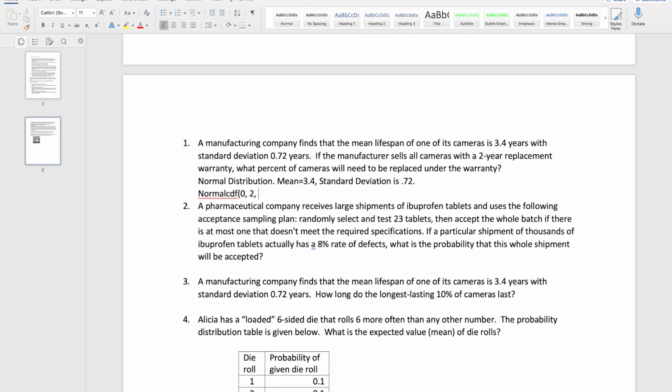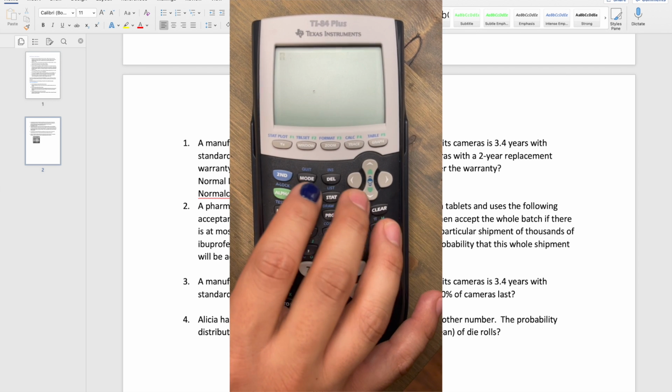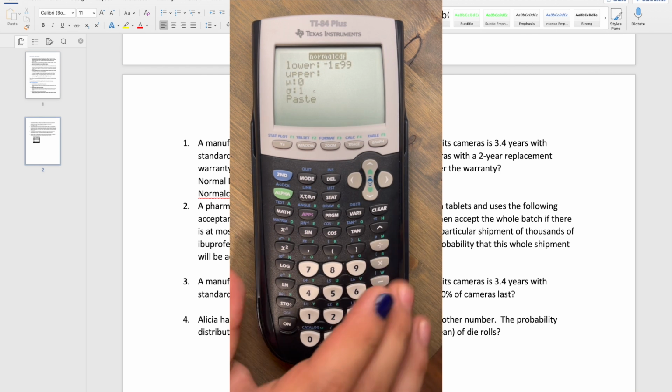And then my mean is 3.4. And then my standard deviation is 0.72. So now I'm going to go into my calculator and do this equation. Equals. So let's turn on our calculator. We're going to go to the second vars. We're going to find our normal CDF,